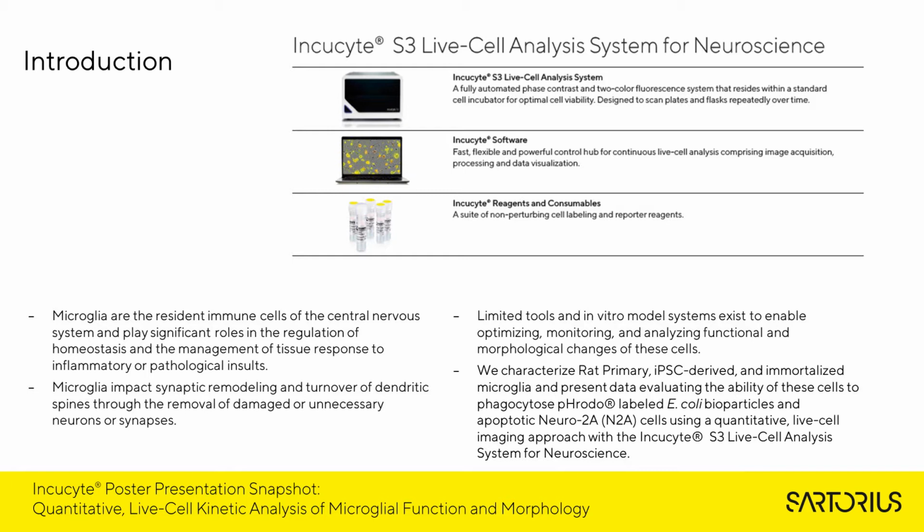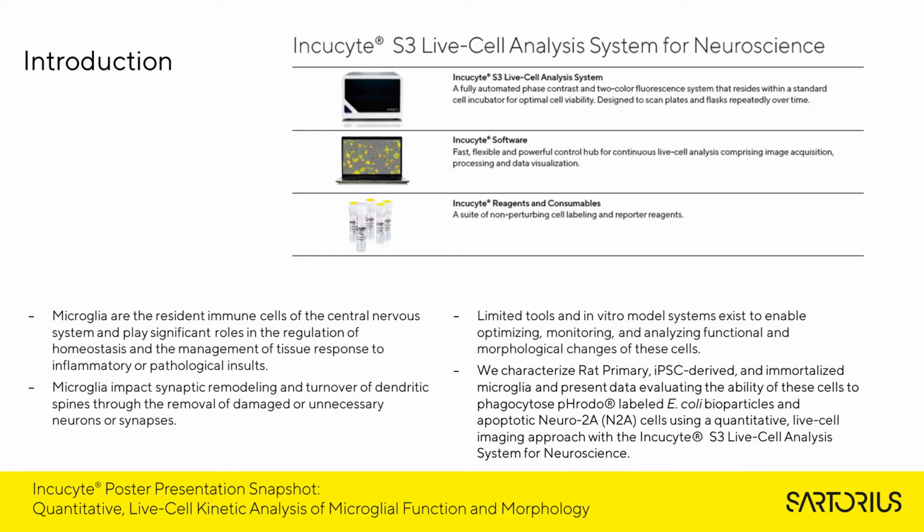Limited tools and in vitro model systems exist to enable optimizing, monitoring, and analyzing functional and morphological changes of these cells. In this poster, we characterize rat primary, iPSC-derived, and immortalized microglia, and present data evaluating the ability of these cells to phagocytose pHrodo-labeled E. coli bioparticles and apoptotic neuro 2A cells using a quantitative live cell imaging approach with the Incucyte S3 live cell